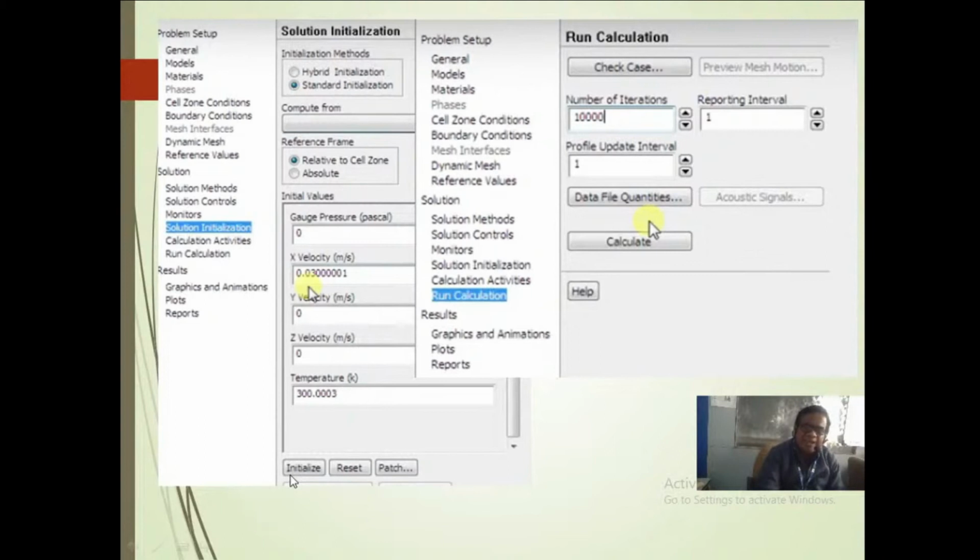Once you click initialize, go for run calculation. This run calculation window can be solved up to a number of iterations. I have given 10,000, but it will stop when the solution converges.